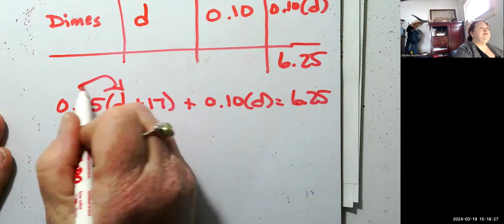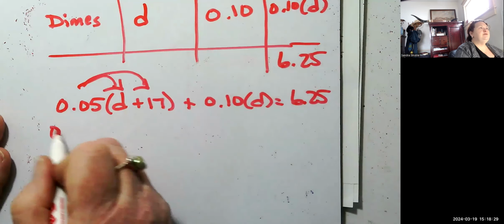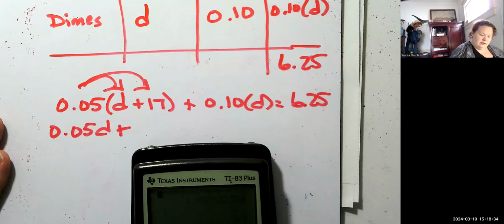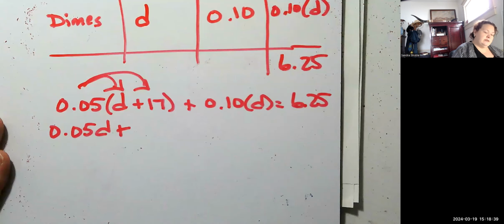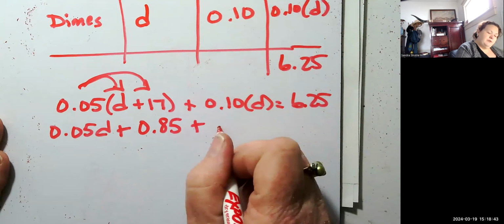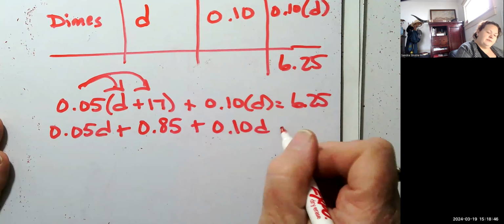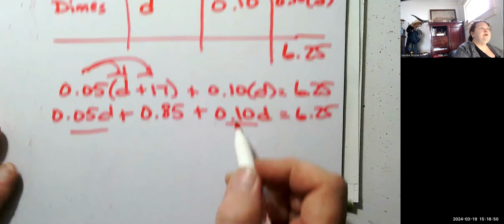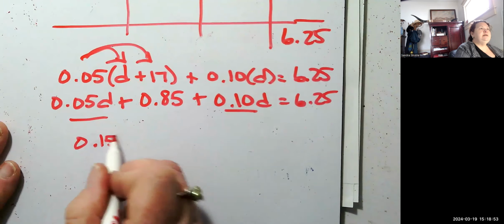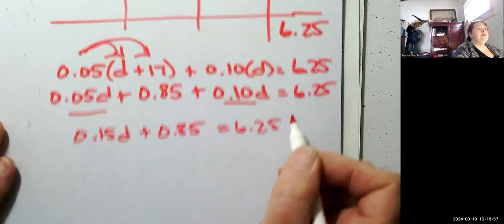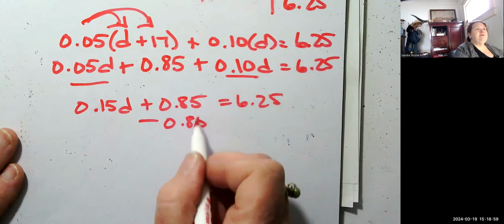Distribute your 5 cents over the binomial. So 0.05D plus 17 times 0.05 is 85 cents. 10 cents times D is 0.10D, equals 6.25. Combining like terms, we've got two D's here. So that's 0.15D plus 0.85 is 6.25. Subtracting 85 cents from both sides,